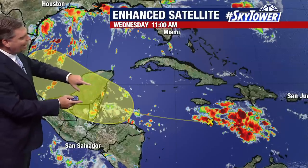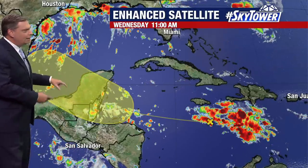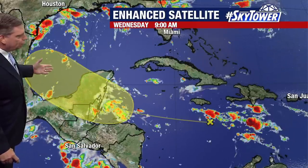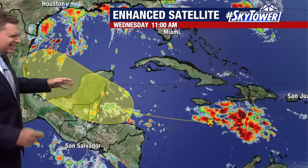next several days. So as it works its way over into the Western Caribbean, there's plenty of warm water in place. The wind shear looks like it will be conducive, so we may start to see some development with this, but then it has to deal with land and then work its way into the Bay of Campeche, the southwestern Gulf of Mexico. So if it can make its way into this area, there's that small chance that something could happen